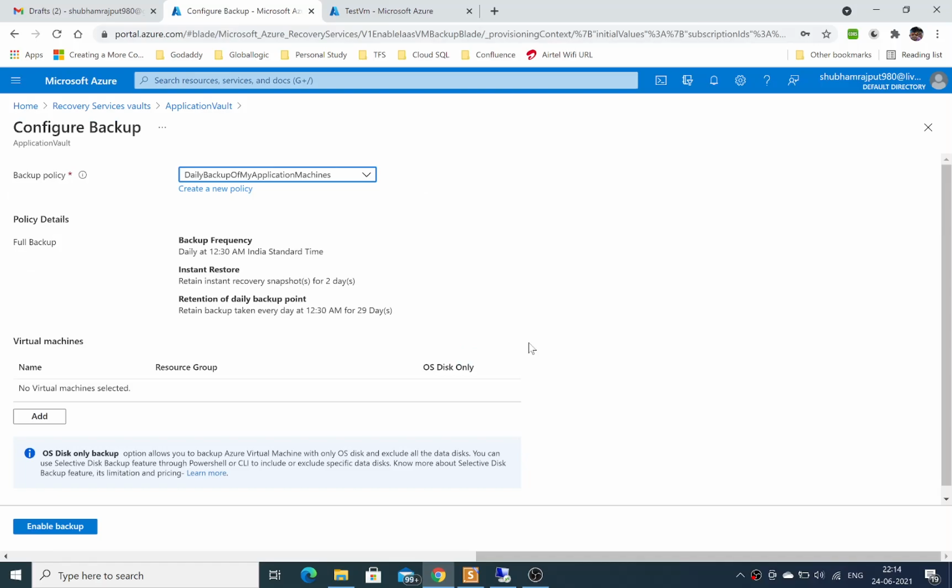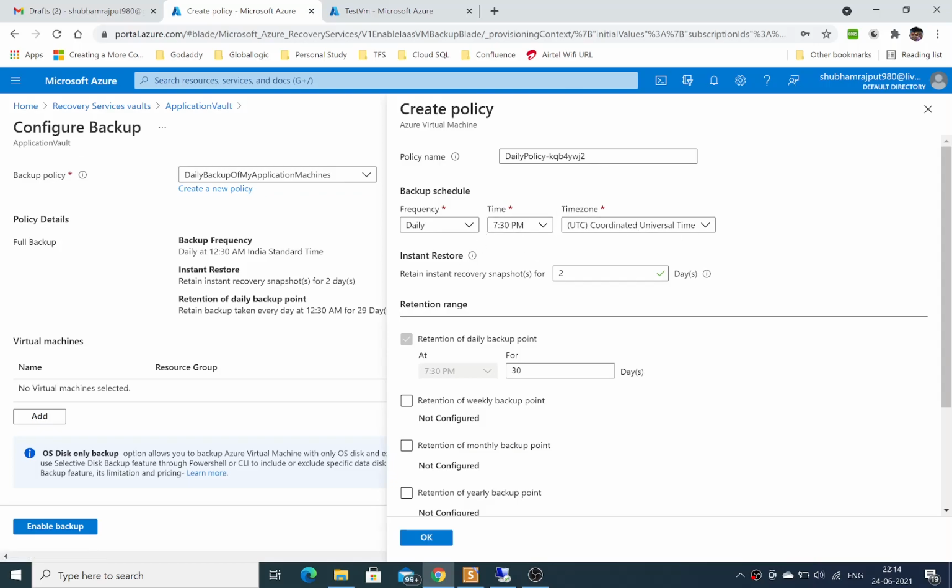Whenever you go to backup, you create a policy, or you create a new policy. You can see this option: retain instant recovery snapshot for 2 days. So on your current region it will place your snapshot and will not delete it until 2 days. Whenever you take the snapshot, it will create a recovery point so that you can restore it.